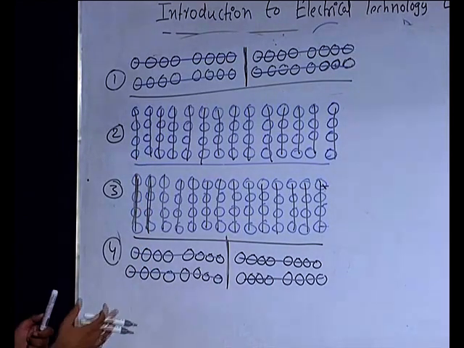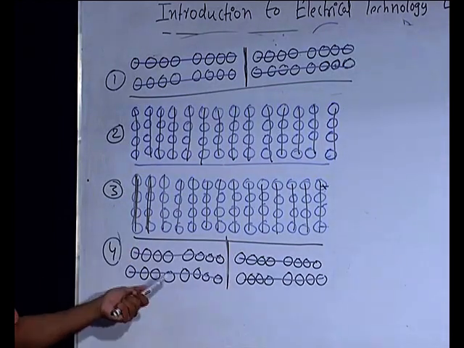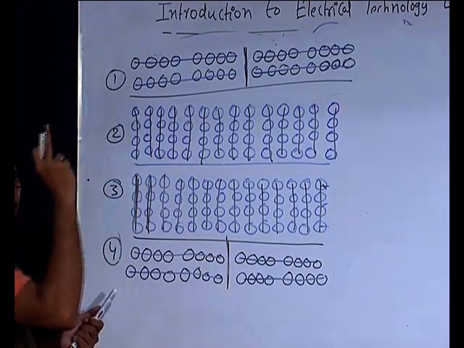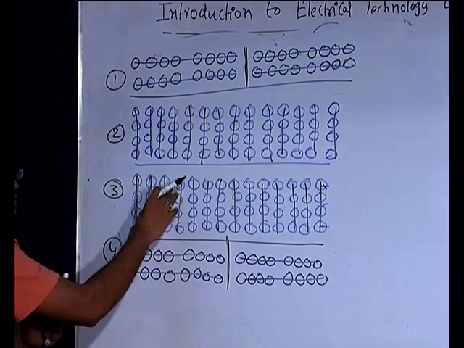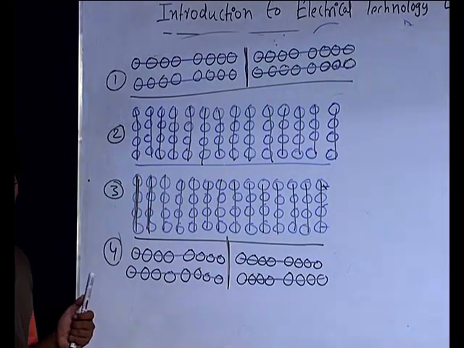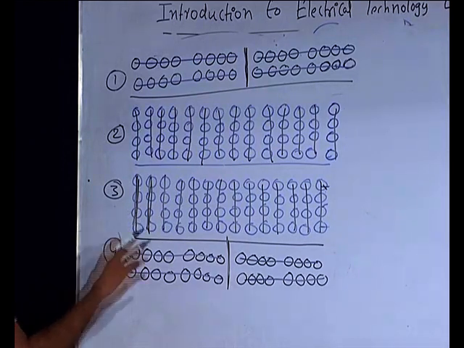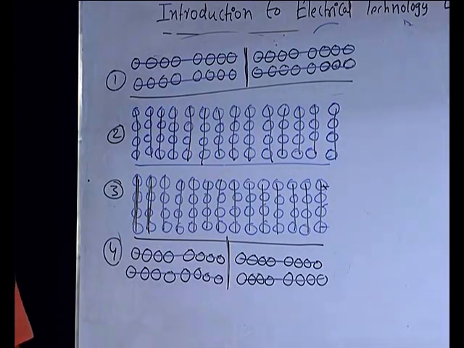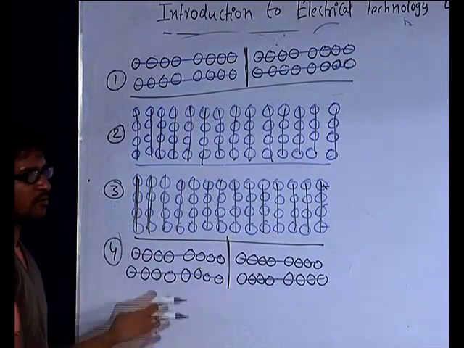So likewise, if you count the number of lines like this, vertical lines and horizontal lines, you will get around 100 lines. It means you will get around 100 junctions or nodes. So this breadboard will give you the junctions and the nodes to do the connections on this board. Now I will take an example and show you how to do the connections on this breadboard.